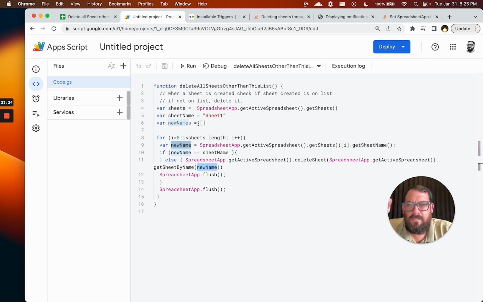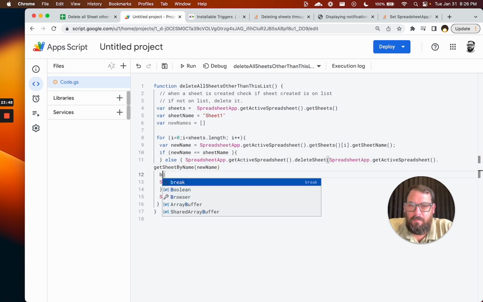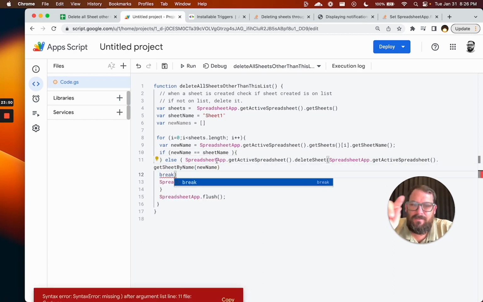So for each, what is it doing? It's going through each one. The first one is going to be sheet 1. It doesn't do anything. It goes, blop, we're going to do nothing. Then it's going to go through the second one, and it deletes it. It causes it to run again. No, because then wouldn't it be fine if it just ran again? Or maybe we have to put a break here, because if it